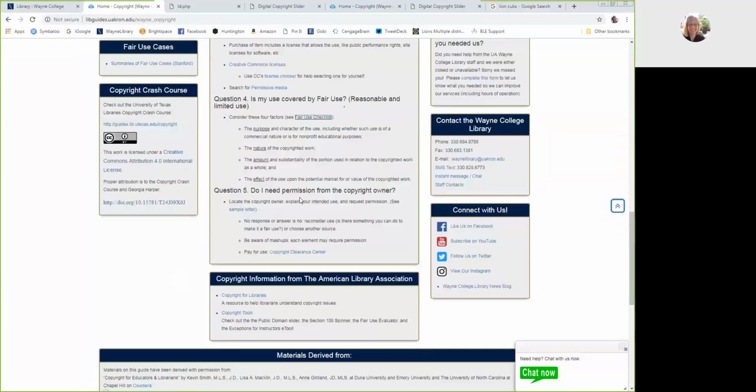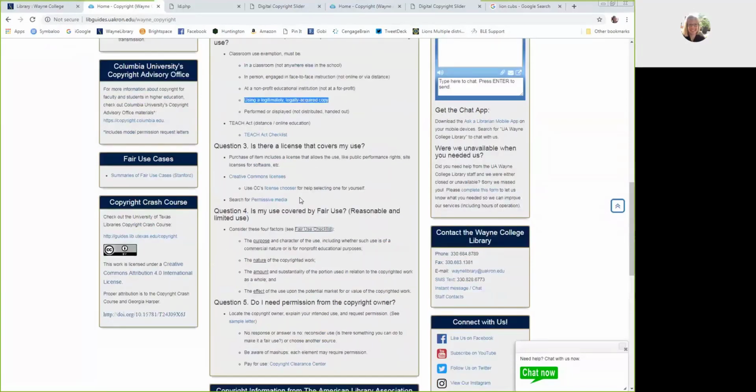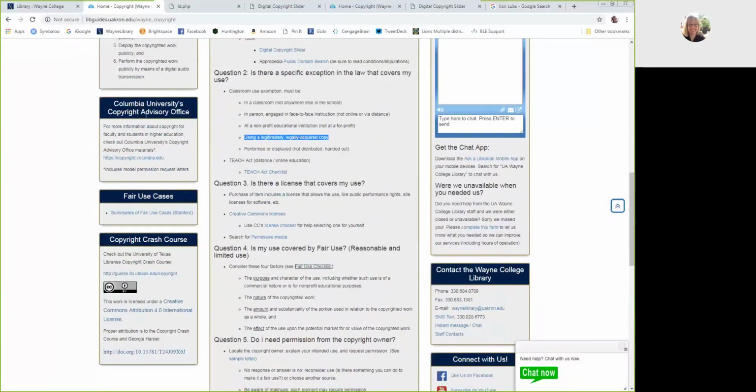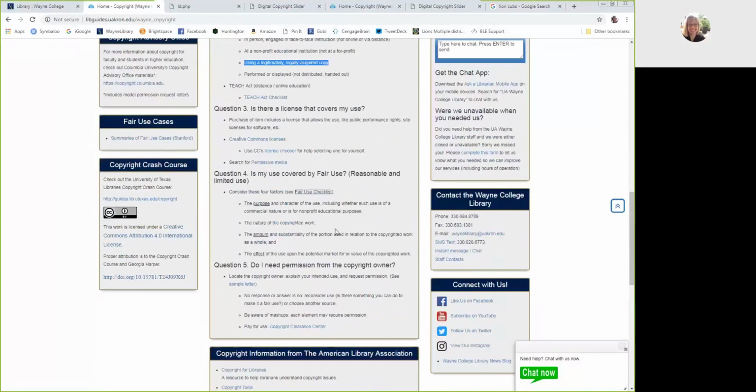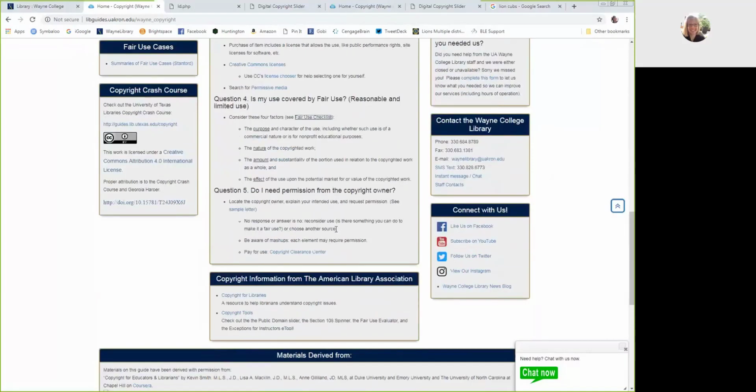If that's the case, then you need to reach out to the copyright owner, whether it's a publisher, whether it's a website, and actually try and get permission. Sometimes all you have to do is write a letter and ask permission. For example, I said a lot of my materials I used from Columbia University's Copyright Advisory Office. Well, I just reached out to them and asked them, and they said, sure, just as long as you give me credit, and so you'll see my sample letter here where I asked for permission, and permission was granted to use their fair use checklist.